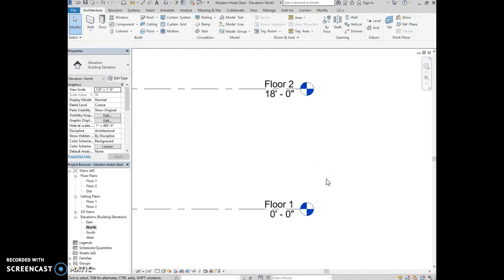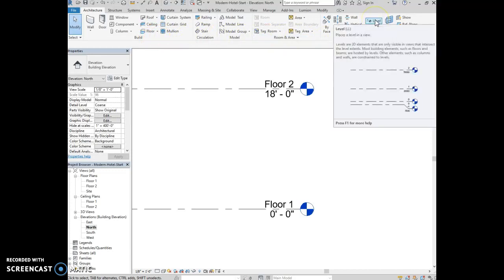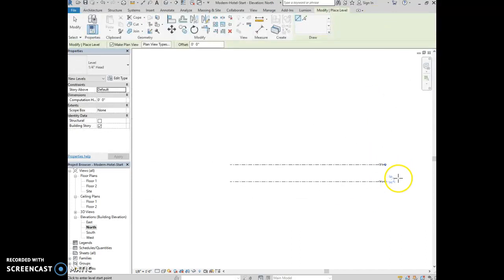Now in the architecture tab, here's the architecture tab, and then the datum panel is right here. I'm going to click level and I'm going to create a new level. Please note that when you create new levels, you have to draw from left to right. In this case, I'm actually going to offset the level instead of just drawing it arbitrarily. So I'm going to click on the green pick lines tool. And in the options bar, this green bar that pops up,